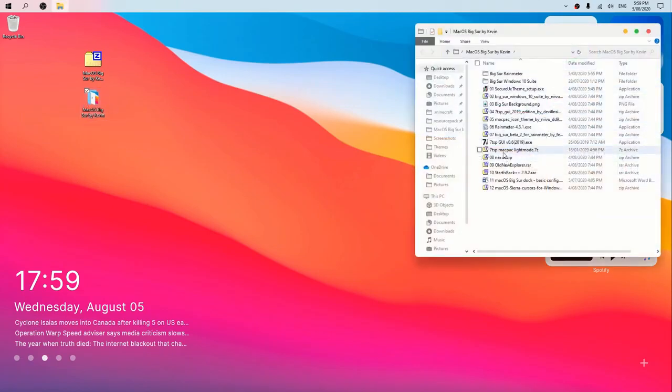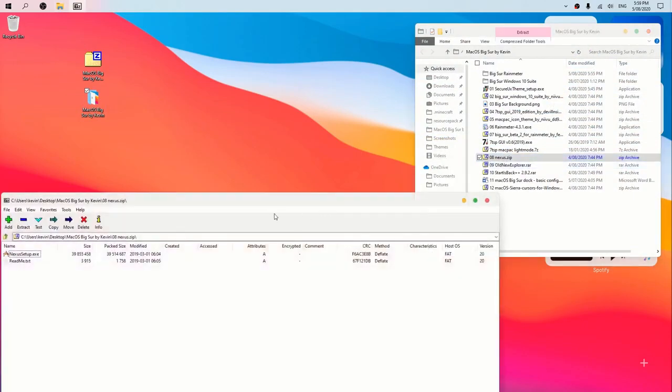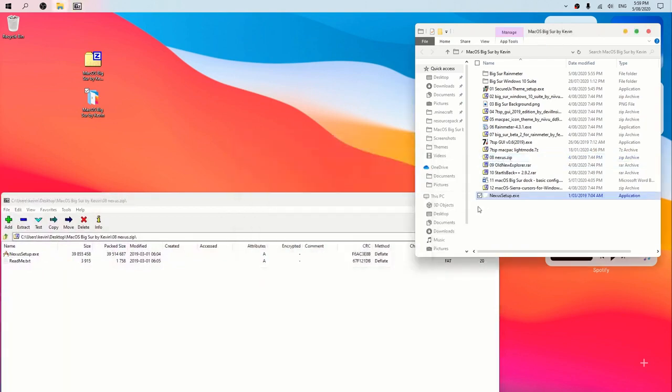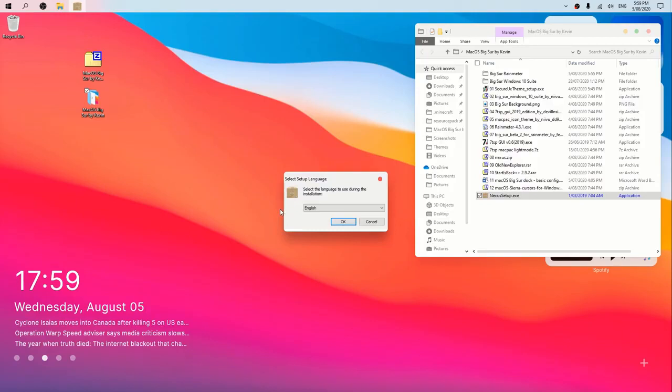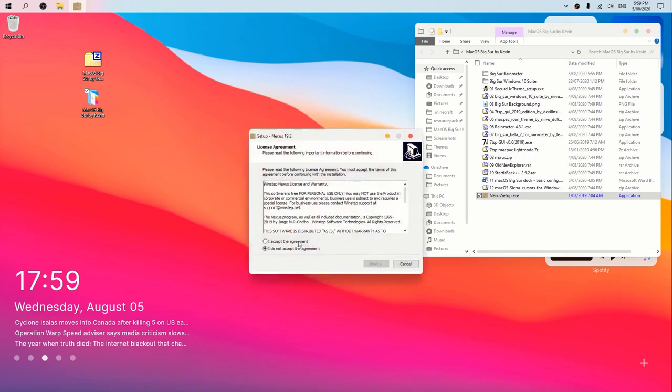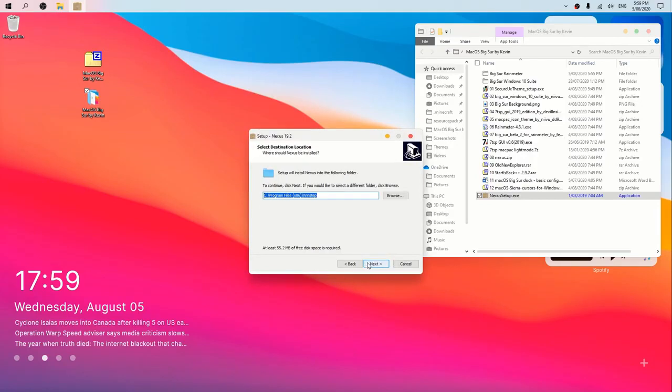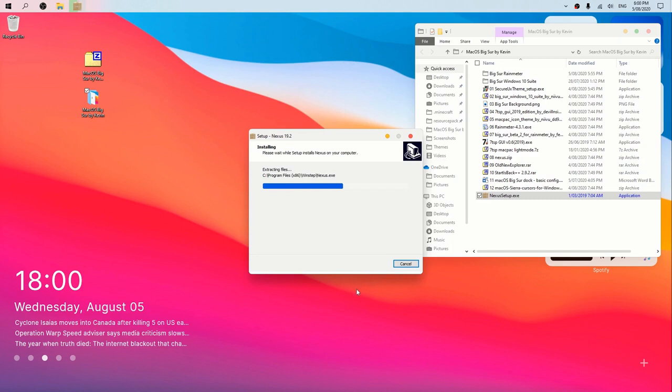Okay, so next thing that we will be doing is the Nexus. So we're going to click on open, and we'll be dragging and dropping this into the folder, and we'll be double clicking this. I'll be telling you something now. We'll be using a crack, not of this program but of Start Is Back Plus Plus. You guys don't have to do it, but I just don't like the 30-day trial warning that I get every single time. So we're just gonna click next, install, and 3, 2, 1,